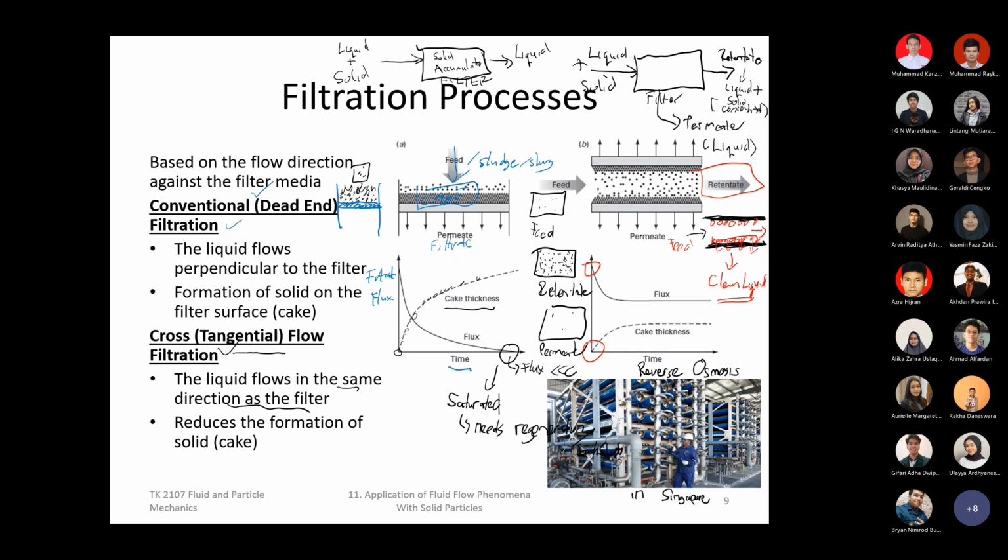And that's the physical presence of this membrane. When you look inside, what happens is at the outer layer of this membrane, they have this very small pore, maybe in nanometer size. So all the salts, all the bacteria, all the minerals can be rejected as part of the retentate, and then the water can be drunk directly after it exits the membrane.